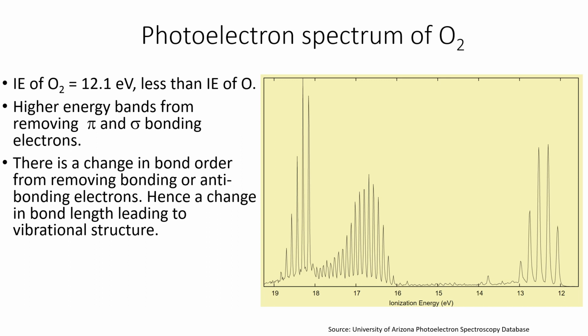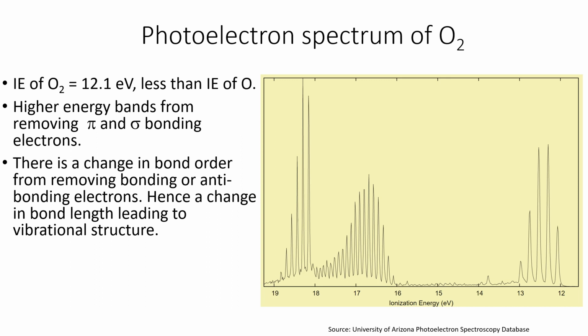And so what we're doing is, as the nuclei move together to try and correct for this, they actually create a vibration in the bond. And so in changing the bond order by ionizing the molecule, we actually set up a vibrationally excited ion that's formed. And similarly, if you ionize an electron from a pi bonding orbital or a sigma bonding orbital,